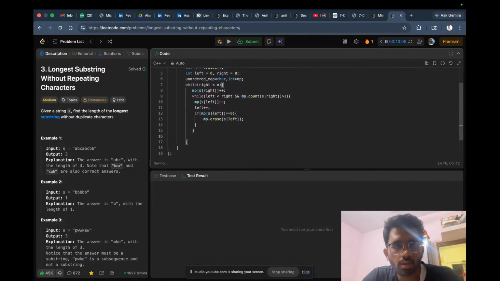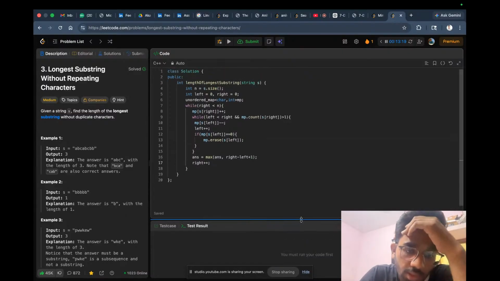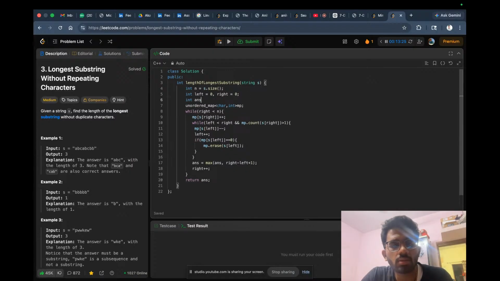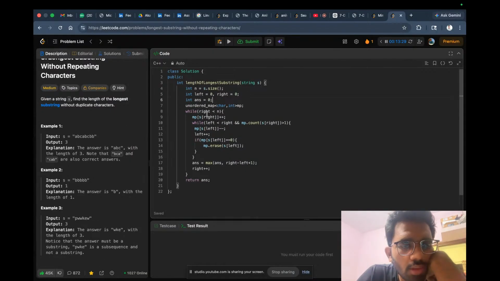Now I have to save this as an answer, तो answer = max(answer, right - left + 1) और right plus plus कर देंगे। तो इससे क्या होगा, अब थोड़ा कॉर्नर केसेस भी देखना पड़ेगा, ऐसे डायरेक्ट हम लोग रन नहीं कर सकते। और return करेंगे answer। I think मैंने answer को इनिशियलाइज नहीं किया, इसको कर देते हैं। अब सोचते हैं तो क्या होगा कि भाई ABC है,